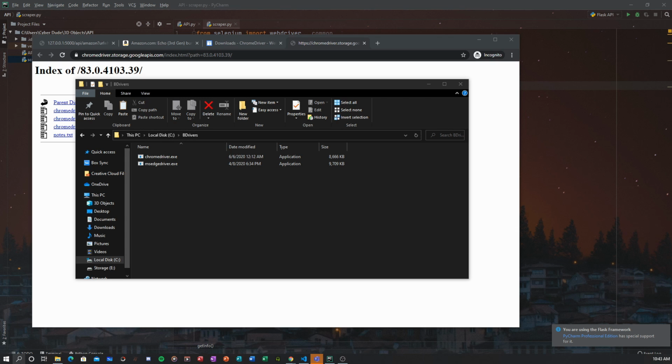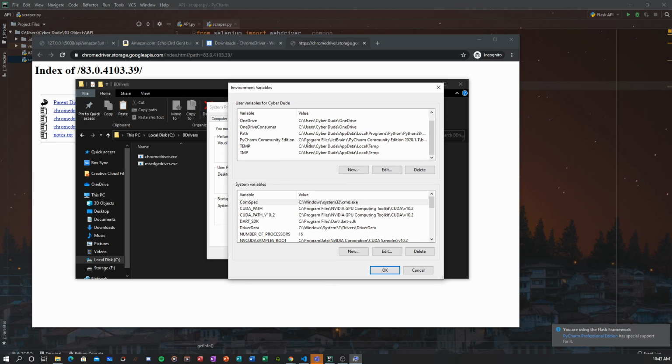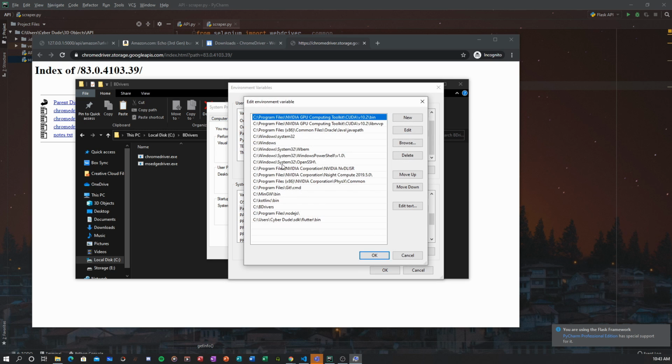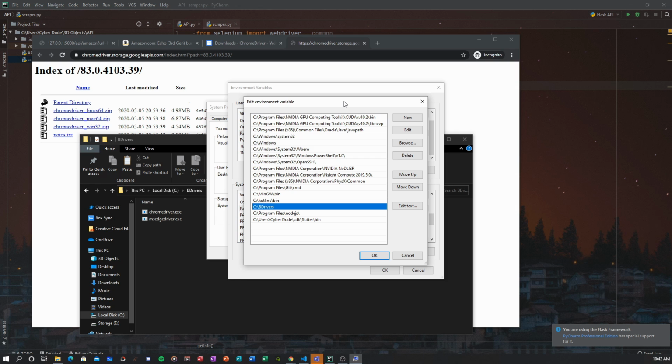You can do that by searching for edit system environment variable, and then you'll see this pop-up. Then check your path variable here, this one. I'm going to edit this, and you can see I have the C and the B drivers folder on my path. So then it's way easier.